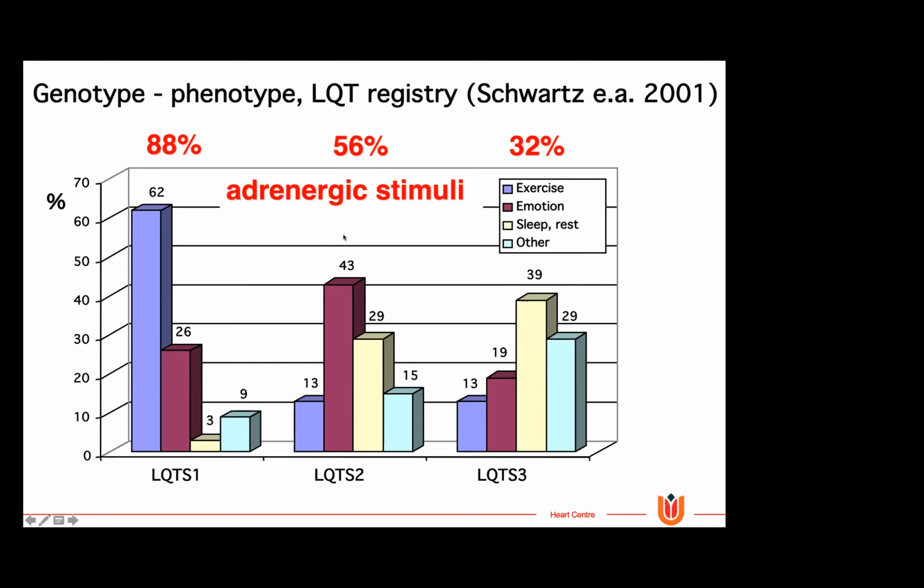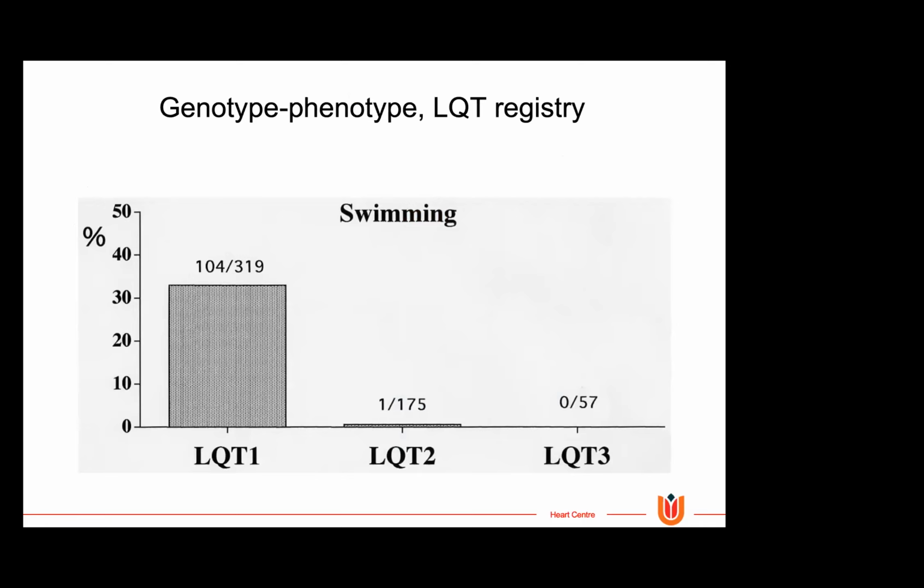In LQT2, it is in 56%, and in LQT3, it's only in 1/3 of the events. That I will discuss later. Exercise is mainly in LQT1 something to take care of, and less so in LQT2 or 3. There are some very specific triggers that have been recognized. Swimming, and my personal belief is that this is most often diving, so it's diving under the surface of the